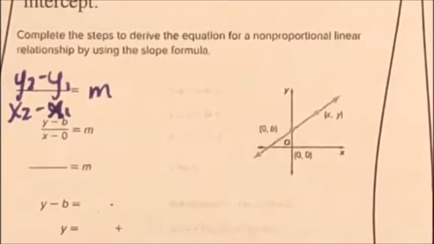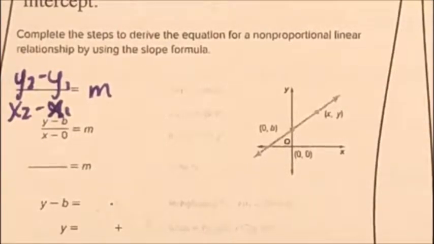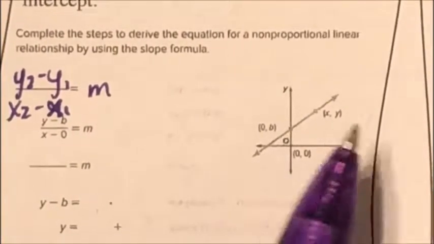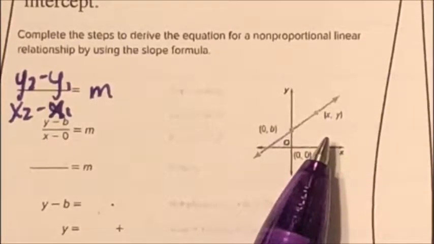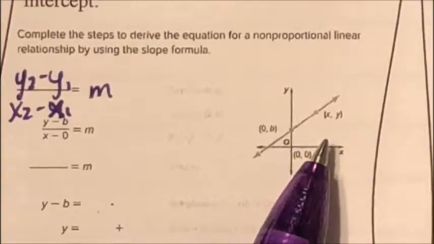So I'm going to look at my 2 points that they gave me, and they are very tiny, I'm sorry. So the first point they give me is (0, b), and the second point they give me is (x, y). Okay? So I have